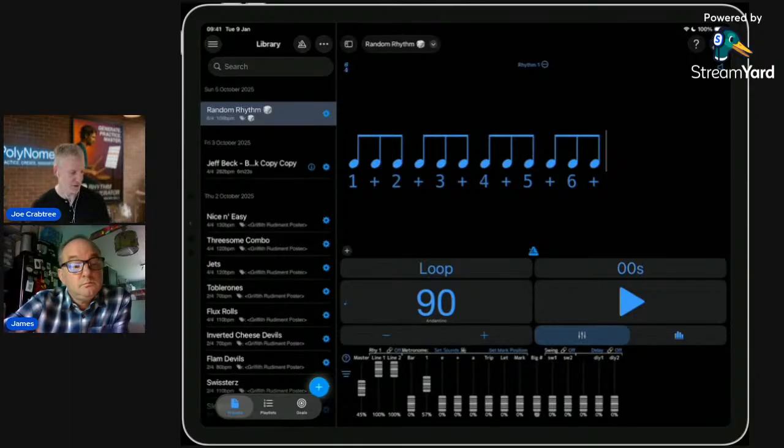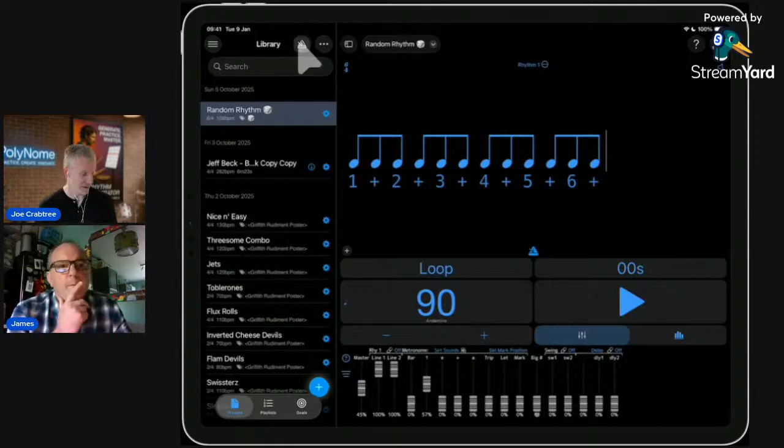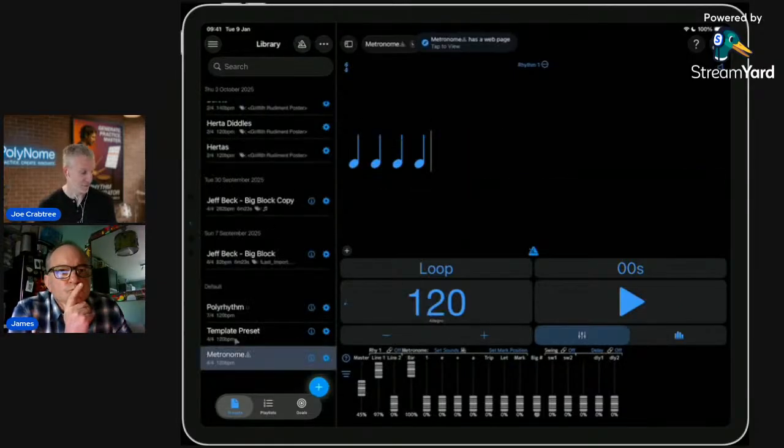Yes, it does. So I'm going to go to the basic metronome. If you don't know your way around PolyNome, it should be more intuitive than it used to be. Over here on the library screen, there's a metronome button, and this loads the default metronome preset, which is what you should just use if you just want to click and you're not bothered about logging what you're practicing. Because one of the things PolyNome does is track everything that you play, like how long did you play for, what tempo,